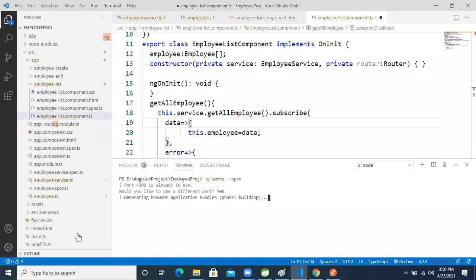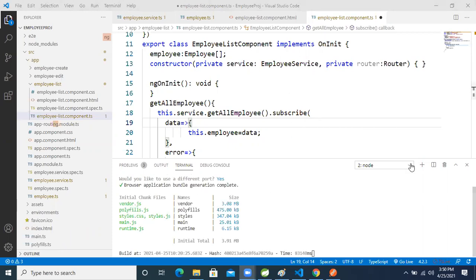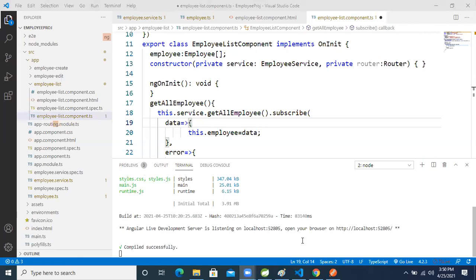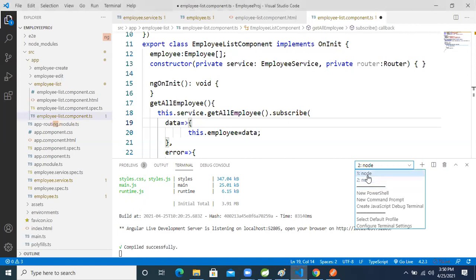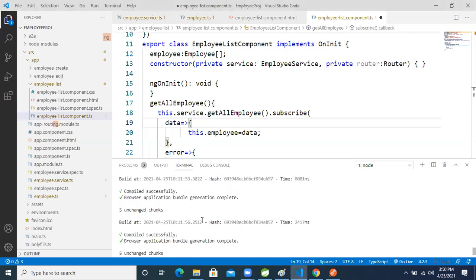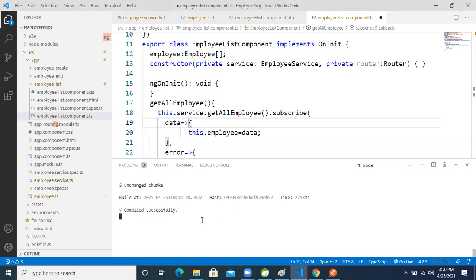Okay, two terminals are open. Control C, I'm stopping this terminal.